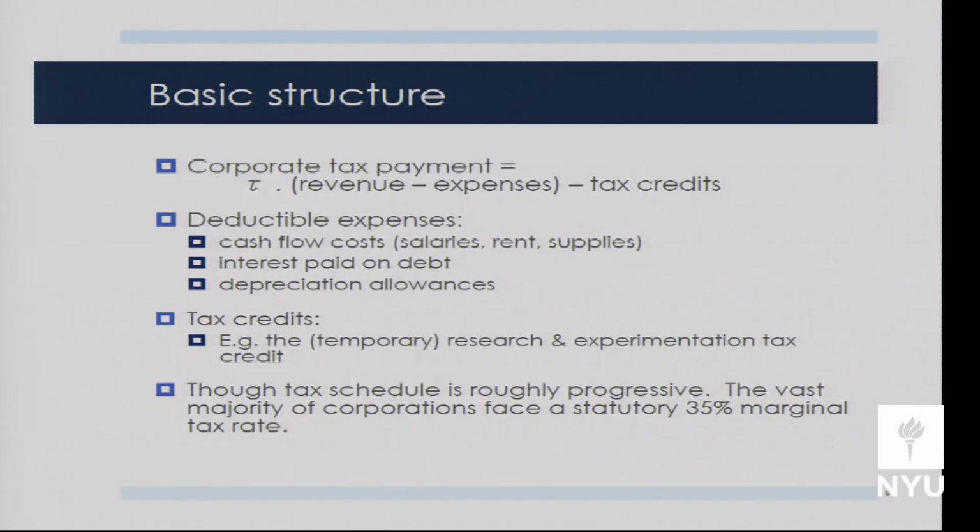It's cash flow costs, salaries, rent, leases, it's interest paid on debt, and it's depreciation allowances. The depreciation allowances is what the IRS lets you deduct as expenses each year. Depreciation itself is what we call delta in these models. It has to do with the actual product. It has to do with the molecular structure of the plane you bought, right? It has to do with how computer technology changes. Delta is all about the economic depreciation, a property of the actual product, while depreciation allowances are set by the IRS.